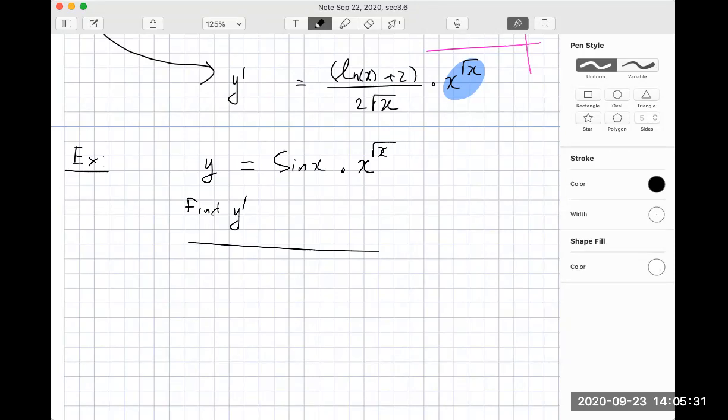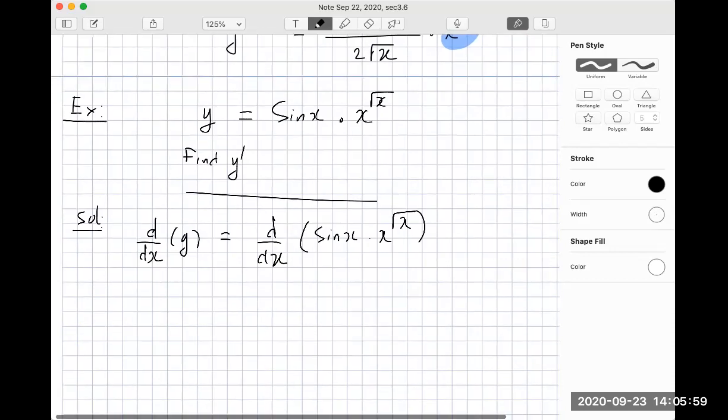So what should we do now? If we do the product rule, very good, we can do it. But let us try. d over dx of y will be d over dx of sine of x times x to the square root of x here, right? Then in the left-hand side, what do we have? Oh yeah, y prime. And the right-hand side,